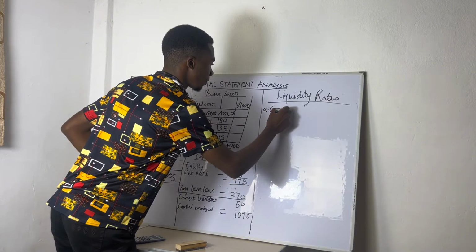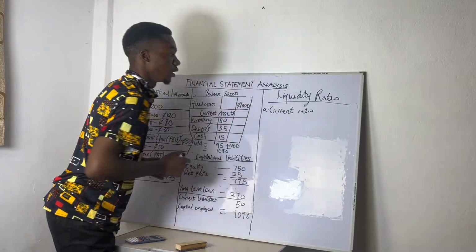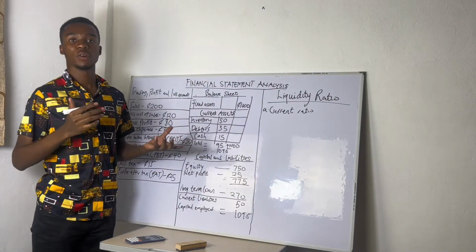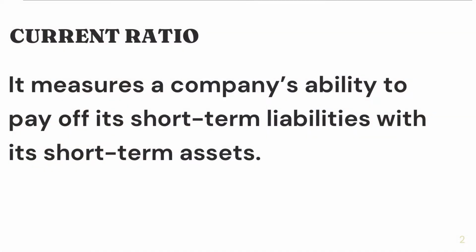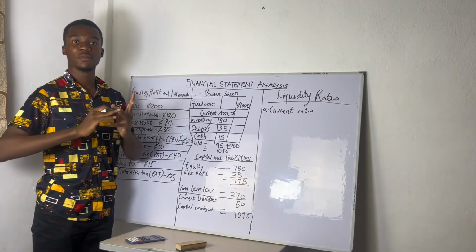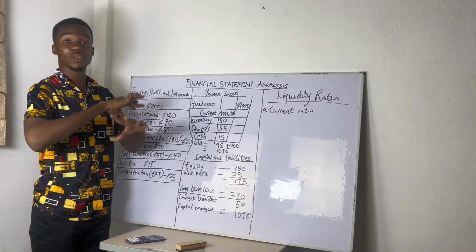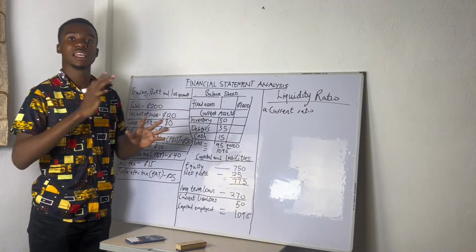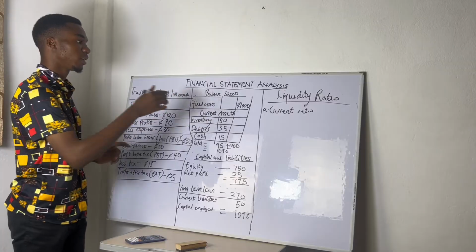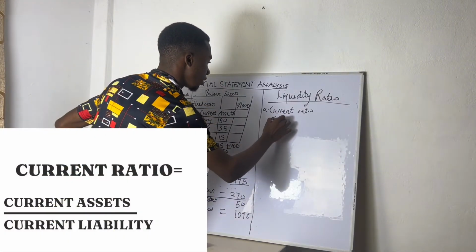Current ratio. For this one, it's used to see how well the company can pay its liabilities. But this one adds everything. Whether it's cash, treasury bills, or inventories, every single thing. And the formula for the current ratio is current